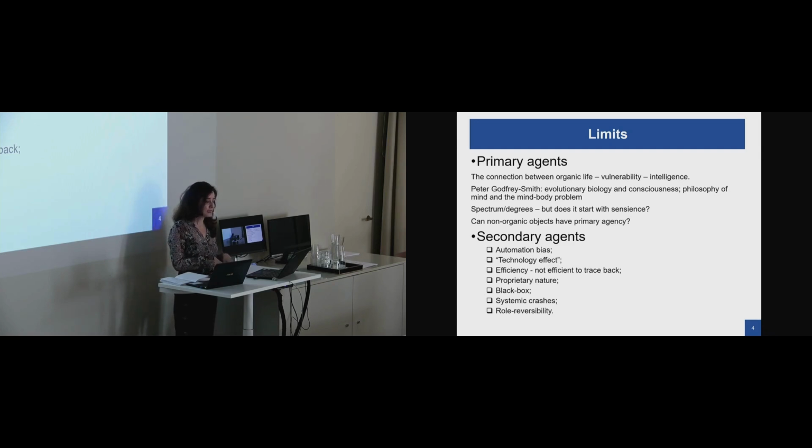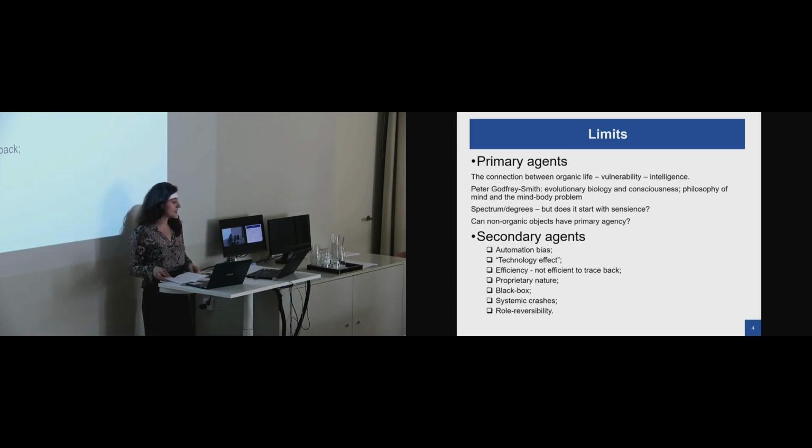What I'm interested in is secondary agents, because they do have practical applicability and we already use them. And in particular with decision making, we use them to assist us. We use them as tools in order to make our lives easier when we want to come to conclusions. And the limits of secondary AI agents are not merely theoretical or scientific. It's not something we can't pinpoint. It's something we already know, but we need to implement at the regulatory level. And with secondary agents, I listed the main limits, which are